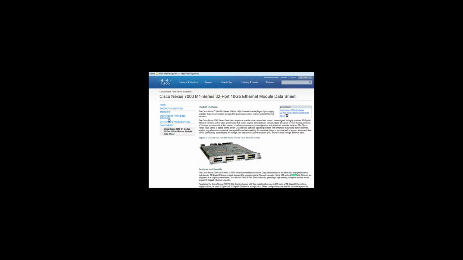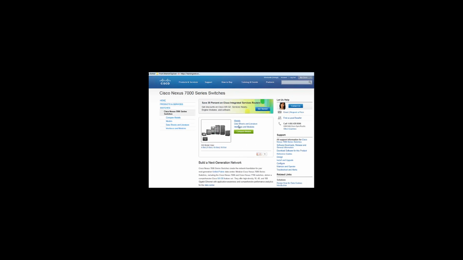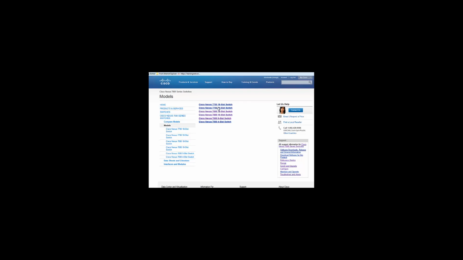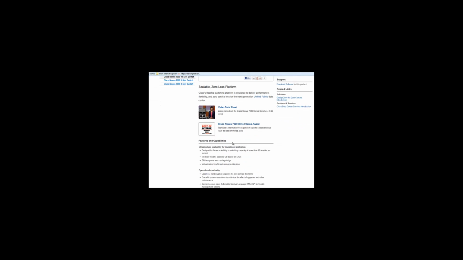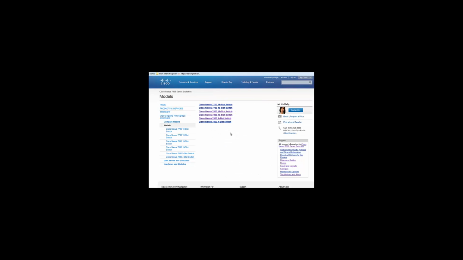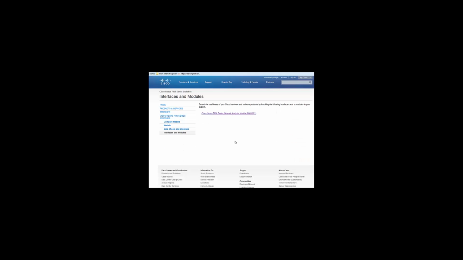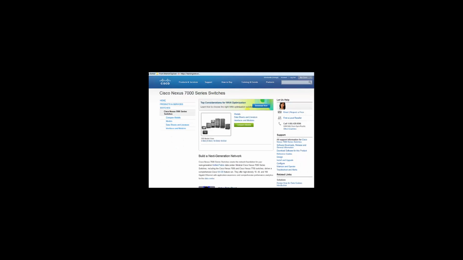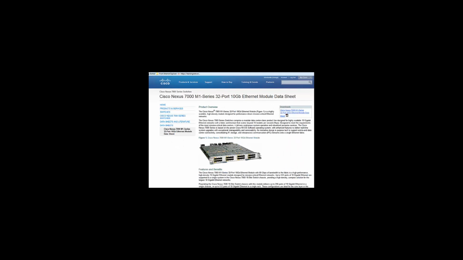Let me do this guy. Modules. We'll do this guy, the 10 slot. Trying to find where you can compare the models. Interface maybe here. Okay, well, somewhere in here you go to the data. I don't want to blow too much time on looking for it, but you go to the actual data sheet, which I believe is probably this guy here. I was looking for a cleaner view, but